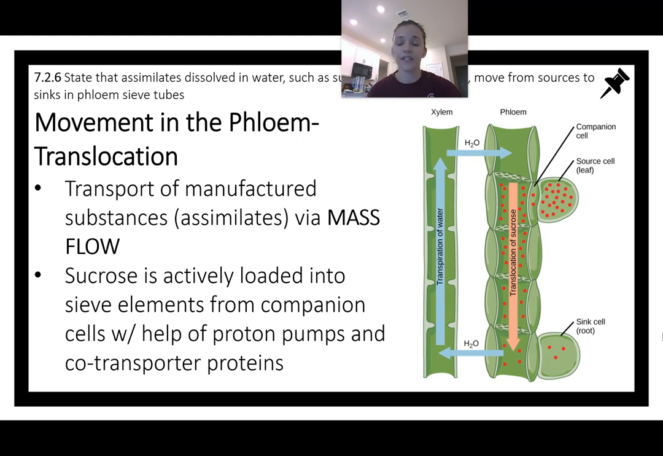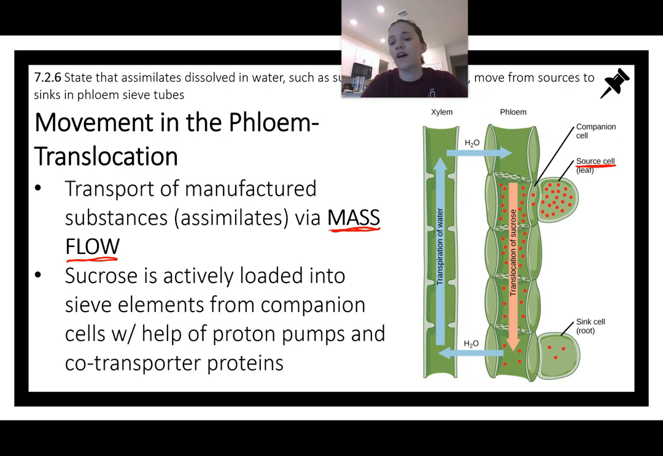And then this is a really, really big term, mass flow. It flows in a mass. Super random thing, but they love that word. Mass flow. So it all starts when we've got a source